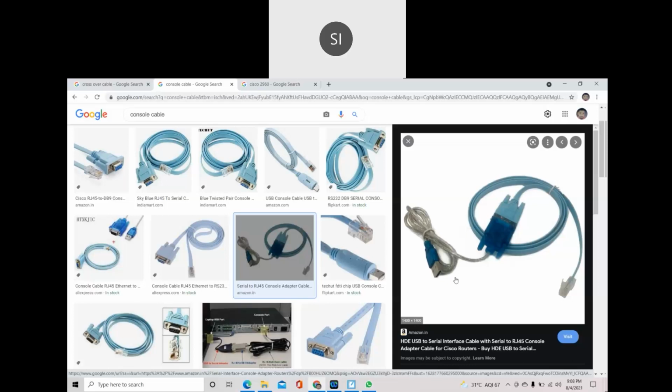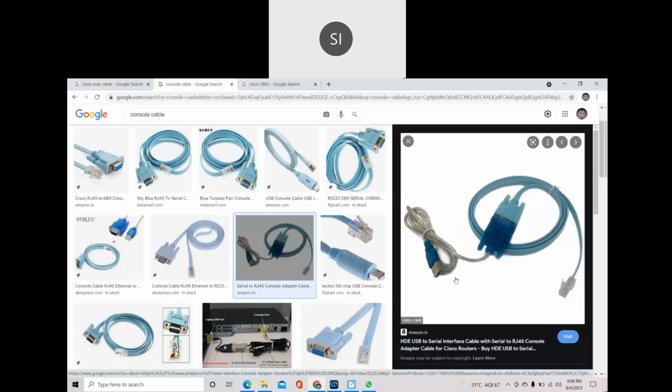You ask them to share the screen, and you can take control of the computer and configure it. For the first time your device needs to be configured over the console cable only. After some configuration you can access the device remotely and work on it. The console cable is purely for the configuration perspective.